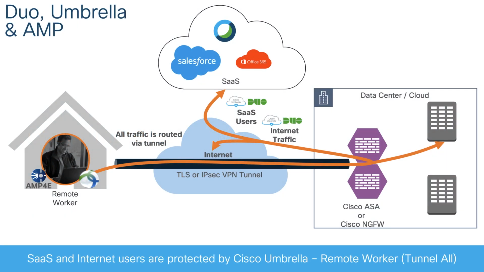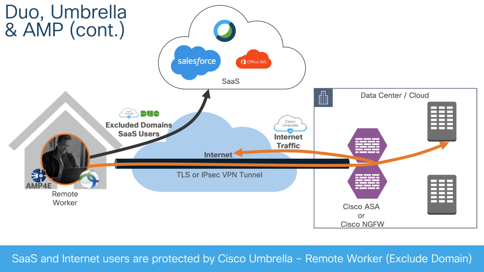Now Duo is used for two-factor authentication. As you might have seen, you can have integration with Duo. You can send a push, call, or text for second factor authentication. You can configure Cisco Umbrella for DNS layer security and IP enforcement, and you can use AMP for file and malware analysis. So these are the three pillars that you can integrate with Cisco AnyConnect VPN client, and you can protect your workloads. Exclude domain is going to work with